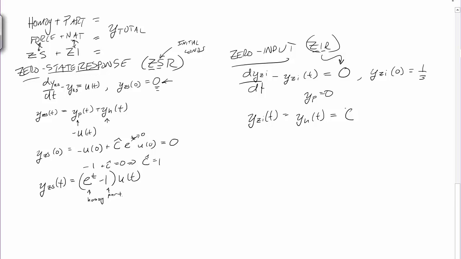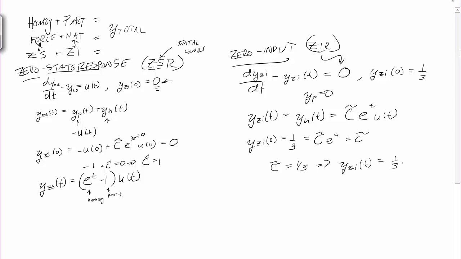So it'll be c, a different c, we'll call it c tilde now, e to the t u of t. And the zero input response at time equals 0 has to meet our initial condition. So this will be c tilde e to the 0, also known as c tilde equals 1/3. So the y zero input is 1/3 e to the t u of t. So box that up, box this up,